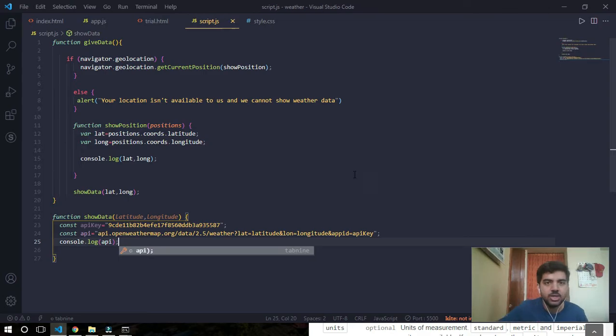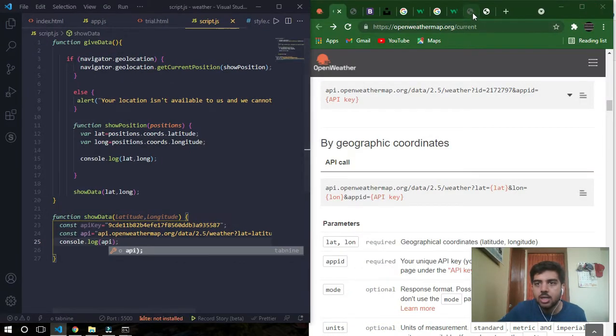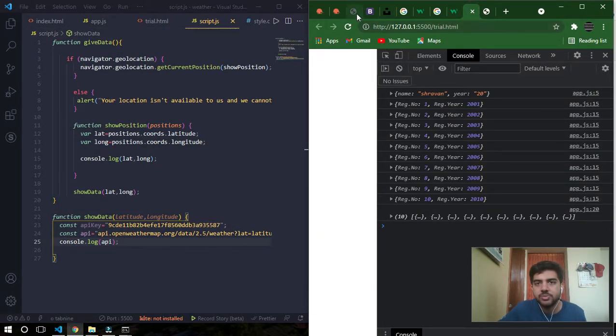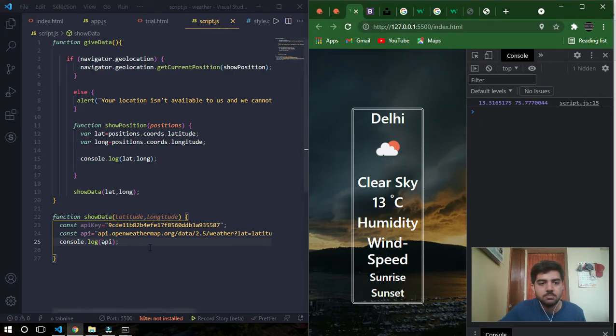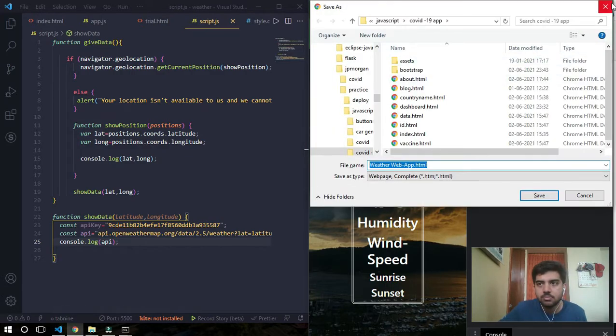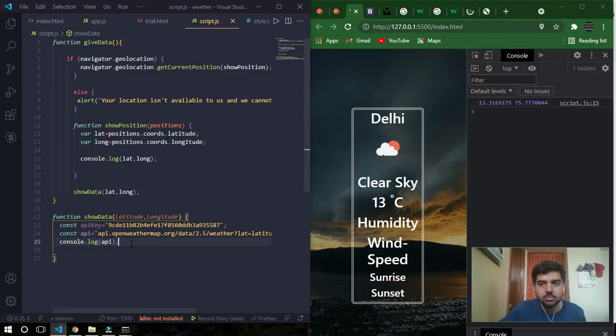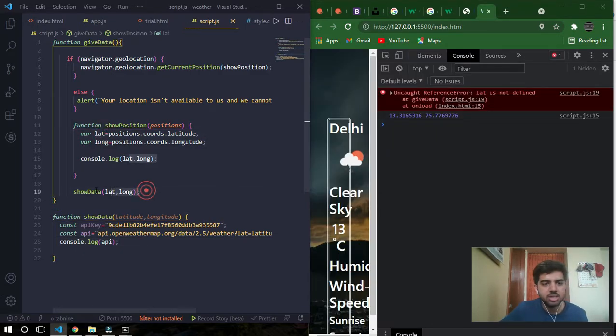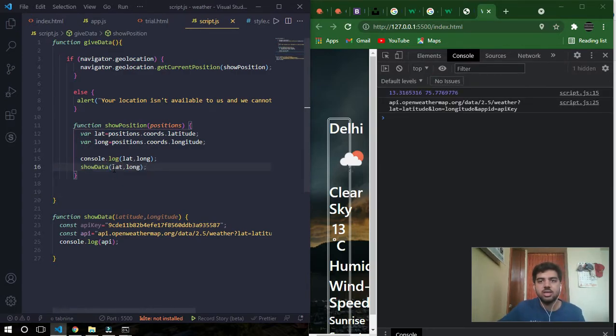Okay, this script.js, show data, I'll just take it here. Okay, because the variable will not be able to be accessed outside that function.